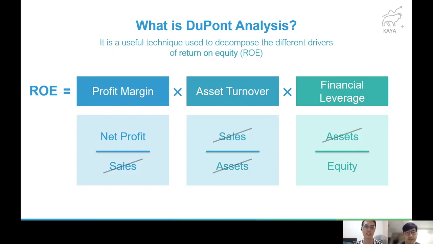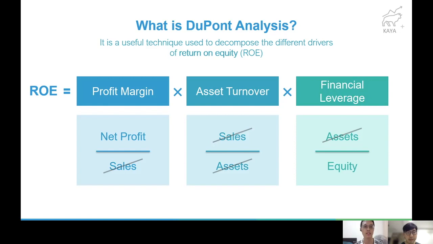But you might be asking us, why do we need to zoom into so much detail? Isn't a high ROE a straightforward sign that a company is a good company to invest in? Not necessarily though. The ROE and the viewpoint analysis should be used as tools to analyze a company, not as a key decision-making point. So you all shouldn't be making any investing decisions just purely based on a company's high